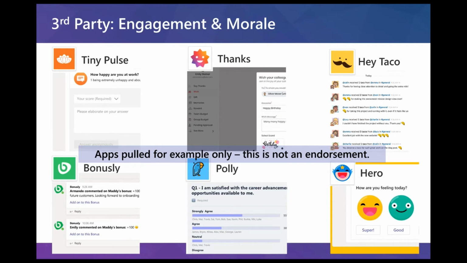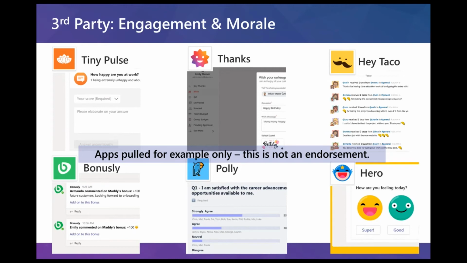Tiny Pulse, getting a pulse on how your workers are doing for the day, right? How are you? Are you happy right now? Is there anything that we can do better? Being able to give praise or thanks. So we have praise inside of Teams, and there's also thanks. And you can see here, it's a little bit hard to see, but in the gray there in the background, there's a lot of different ways,